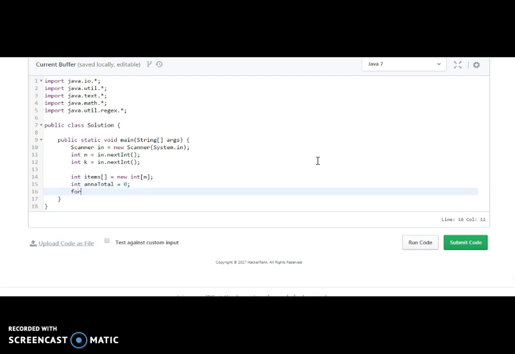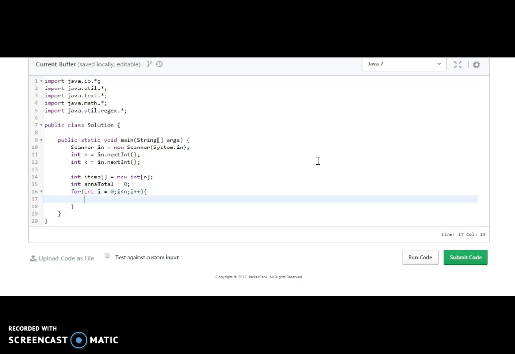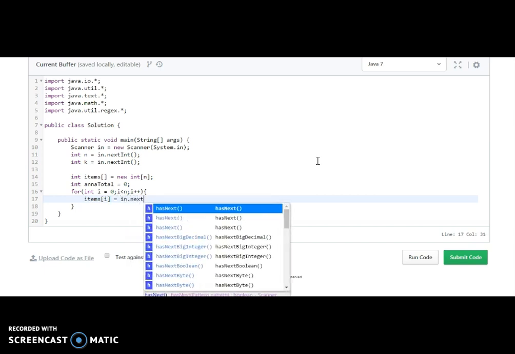Now we will use a for loop: int i equals 0, i less than n, and i plus plus. Now we should take the value: items of i equals sc.nextInt.